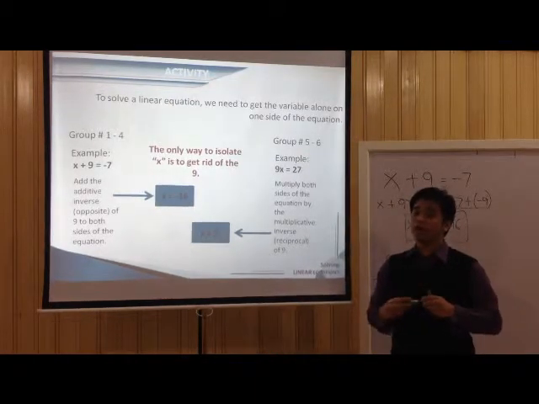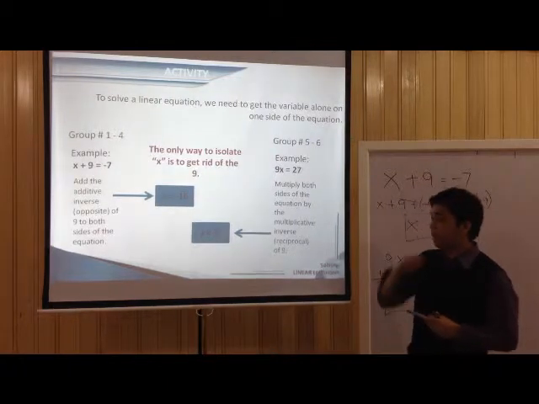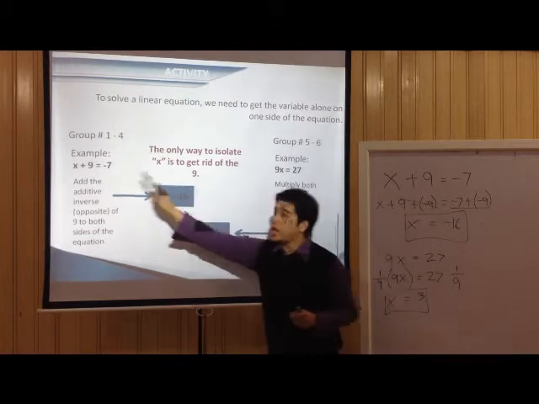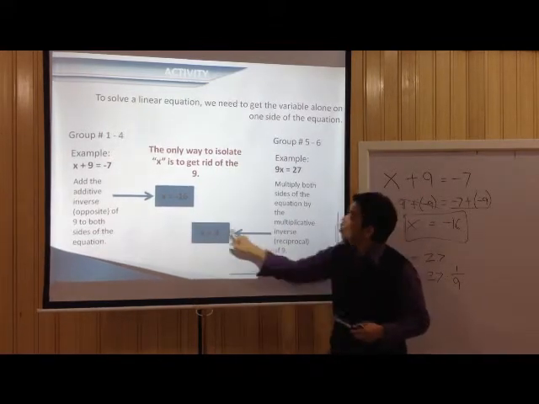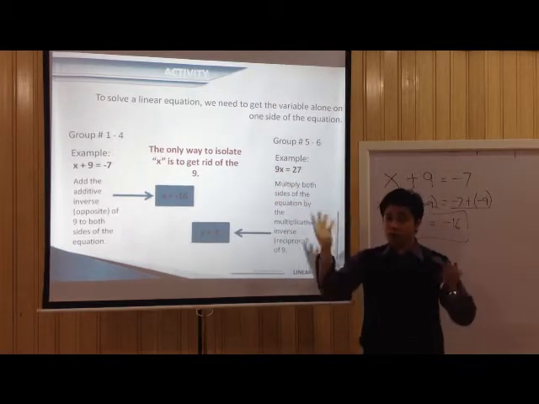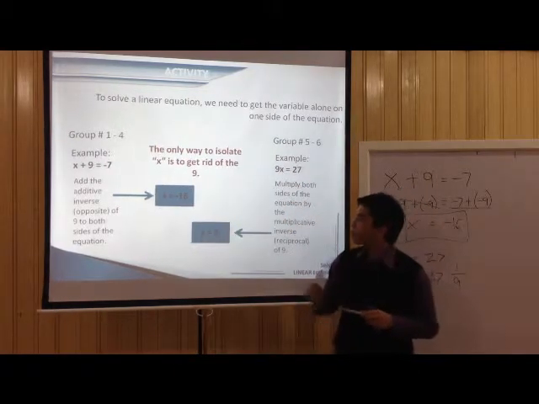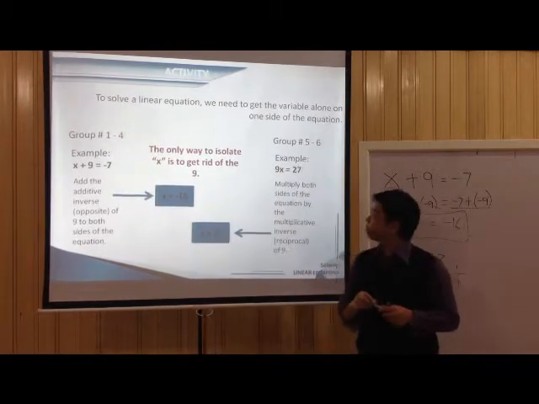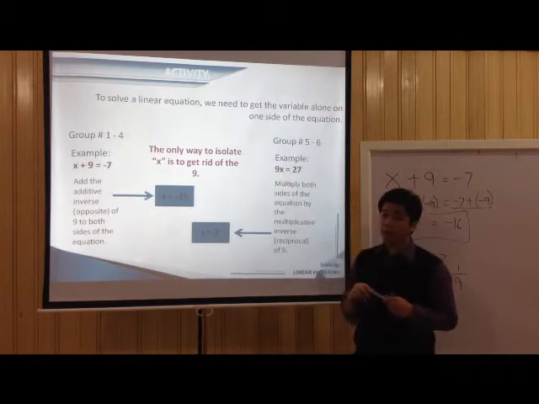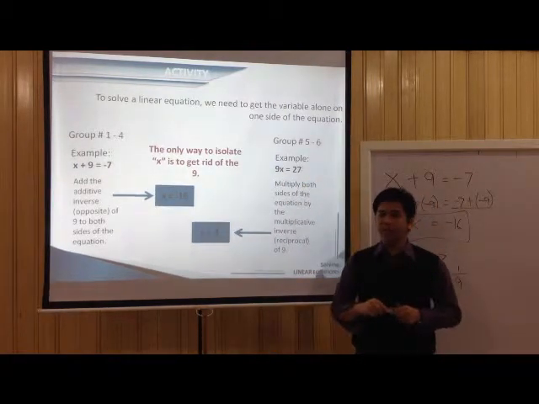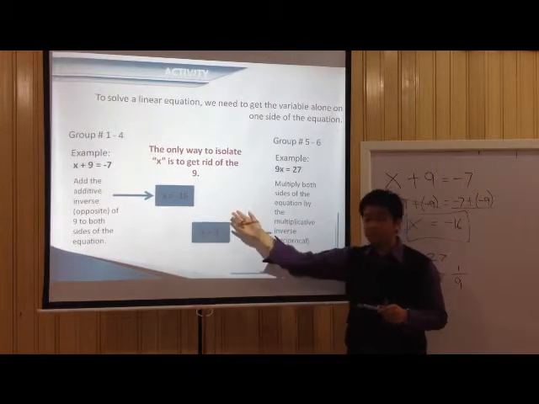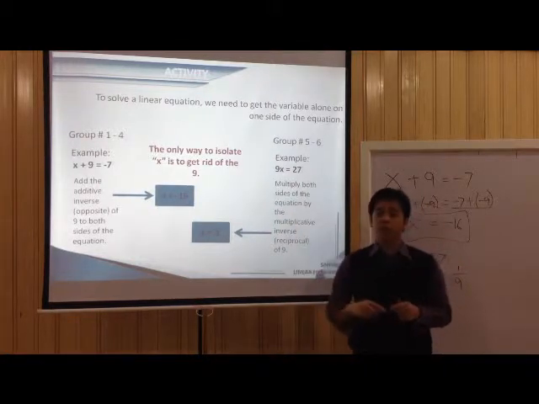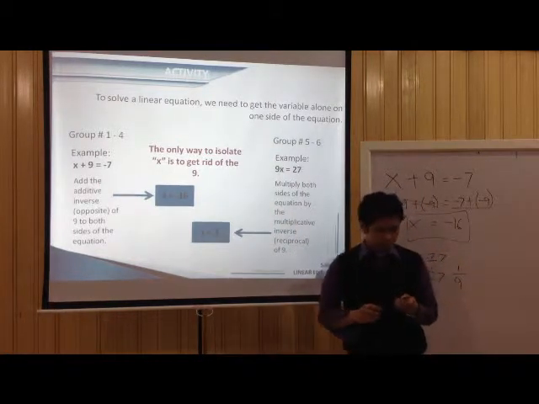Now, how do we know that we have the correct answer? Again, there's only one way to find out. You substitute negative 16 to your x and see if you have a true statement. You substitute 3 to x and see if you have a true statement. Let's try it. Negative 16, if you add that to 9, yes, it will be equal to negative 7. 3, if I multiply that to 9, yes, it will be equal to 27. So negative 16 and 3 are really the solutions to the respective linear equations in one variable.